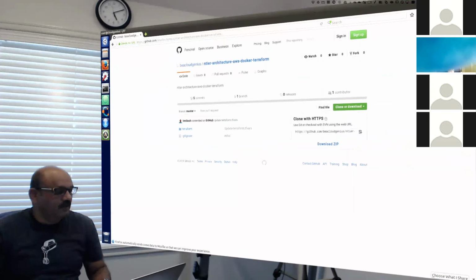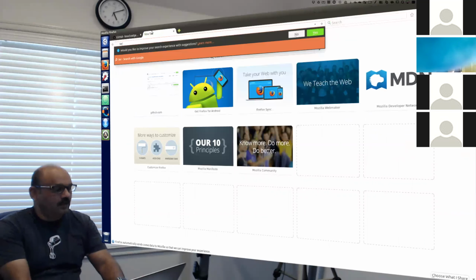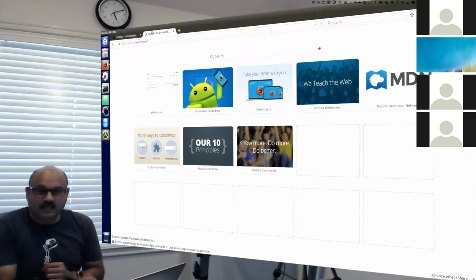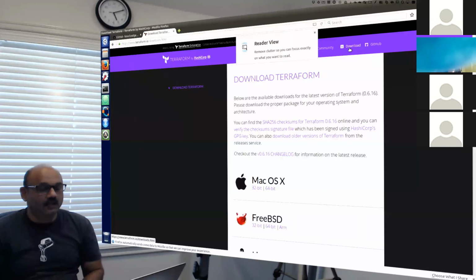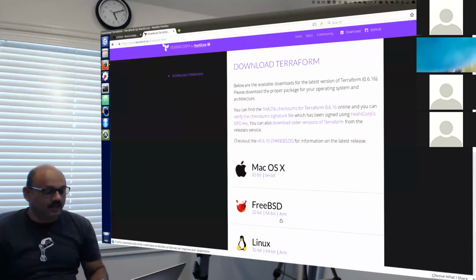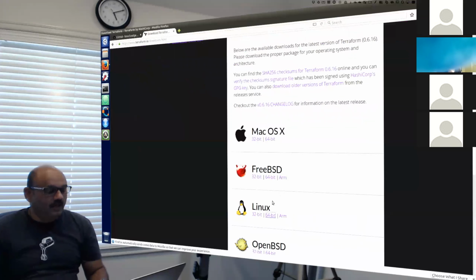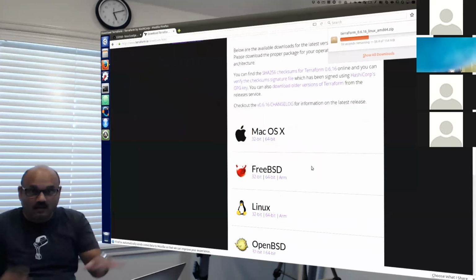And so Terraform is available on this location, as you know already. If you visit that site, that is where you can actually grab the tool itself. We will download it for our operating system, which happens to be Linux 64-bit, and let it come down. It's a heavy package, by the way. It will go and sit in our download folder. We'll let it sit there.